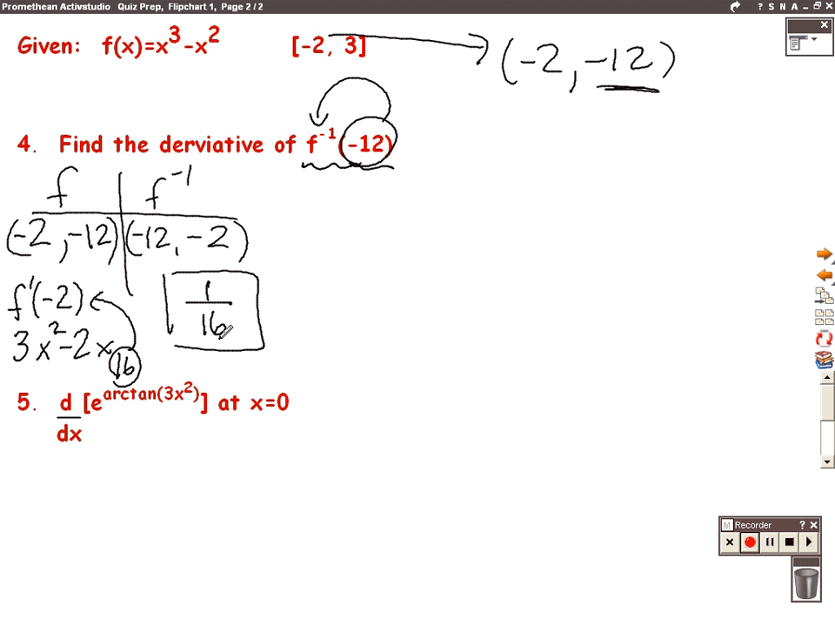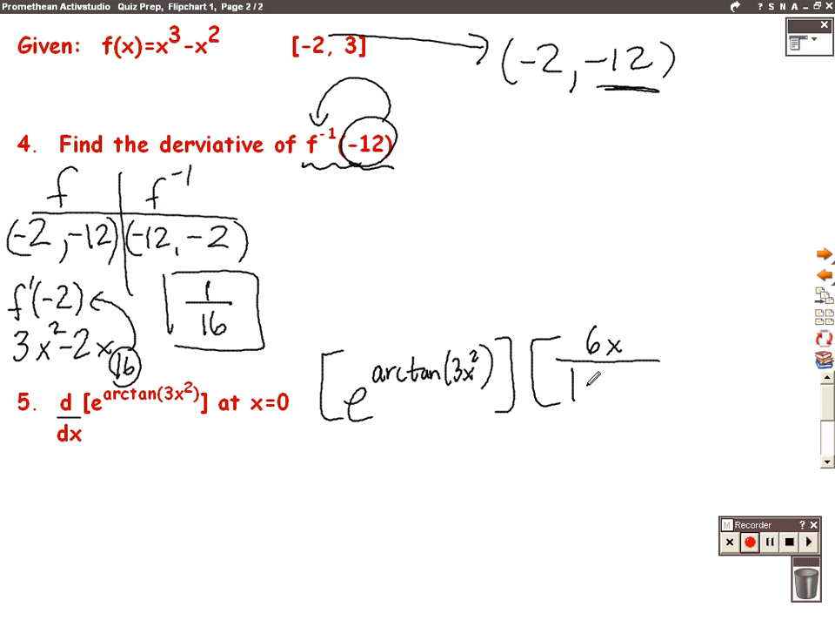And finally, just to review inverse trig, the problem in number 5 asked you to find the derivative of e to the arctangent of 3x squared at x equal to 0. The derivative of e to a power is e to that power, so I get e to the arctangent of 3x squared times the derivative of the power, and the derivative of arctangent of u would be u prime over 1 plus u squared, so that would be 6x over 1 plus 9x to the 4th, and then you are to